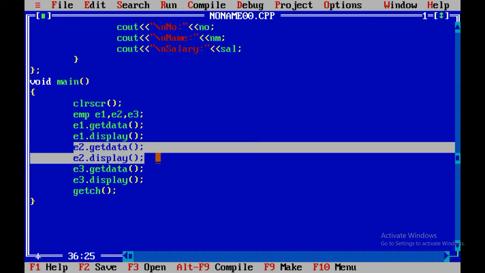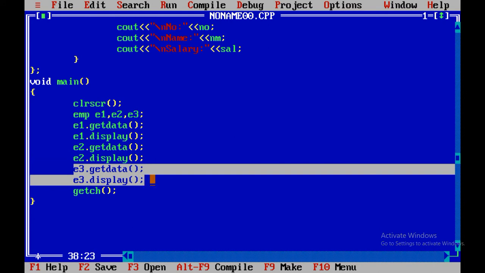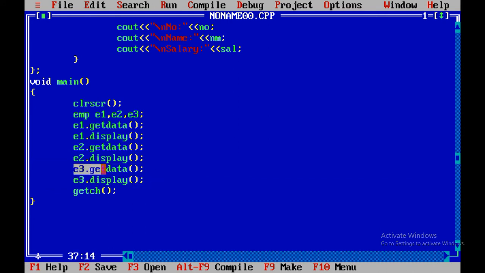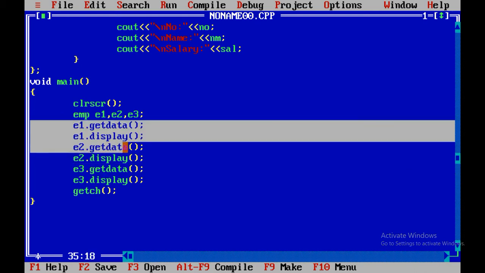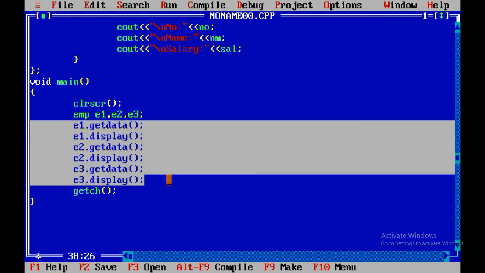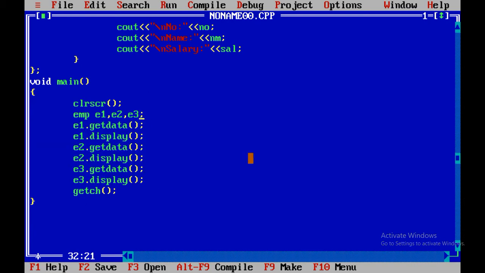Similarly e2 is stored in some other location, and the memory occupied by e3 is in a different location. So these 3 objects are stored in different locations. But suppose I want to store them in the same memory location, a constant memory location. At that time I can use the concept of array.